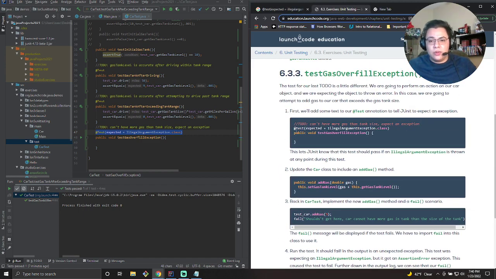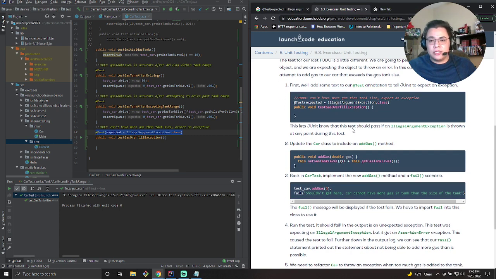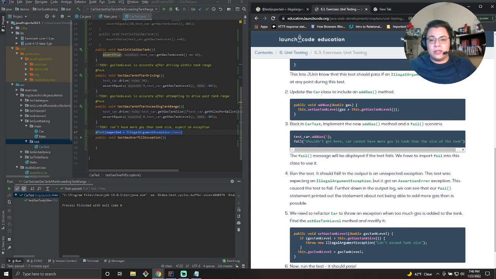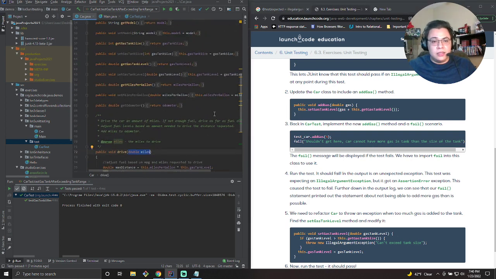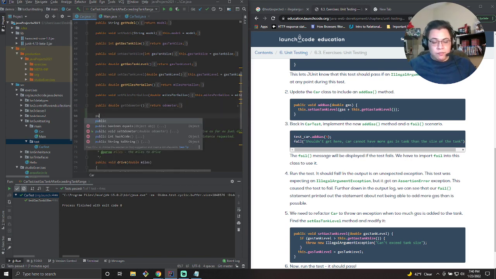So we've already got our expected equals IllegalArgumentException.class, and we have our basic structure here. This lets JUnit know that this test should throw an IllegalArgumentException. Now we have to update the Car class to include an addGas method. So we're actually going to go into Car, and we're just going to do public void addGas(double gas),